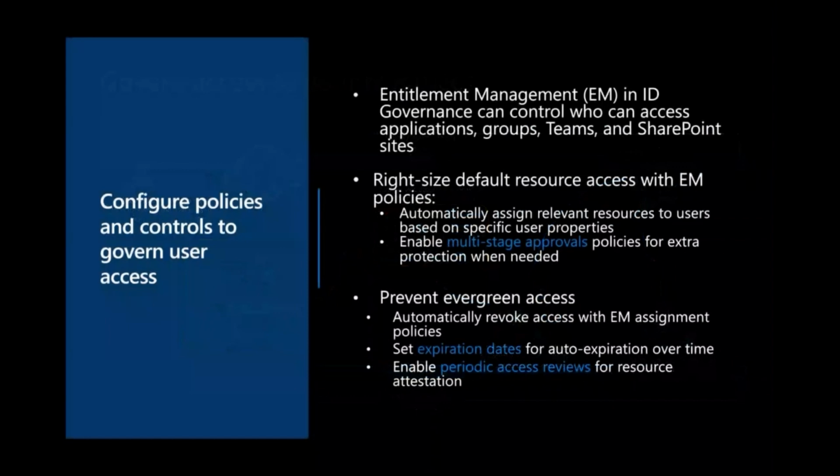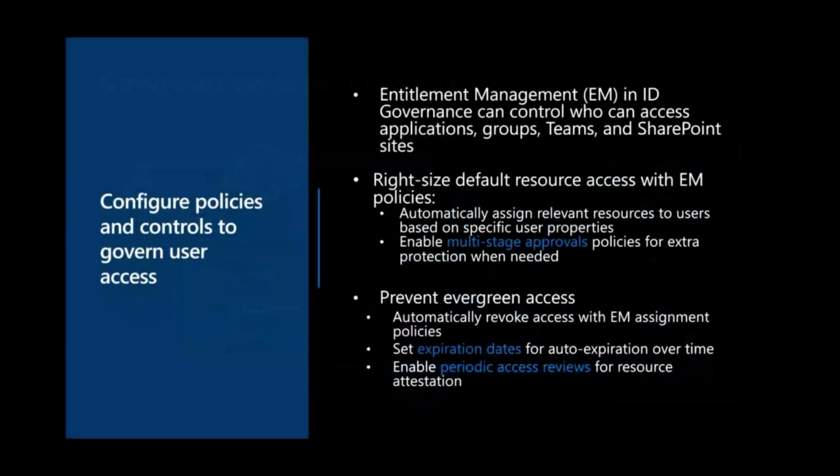But then the IT admin on the other end can say, hey, for anyone who wants to request access to this particular access package, we want to make sure that there are multiple approvers,